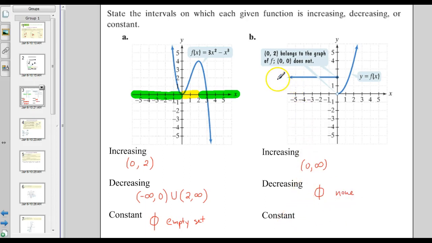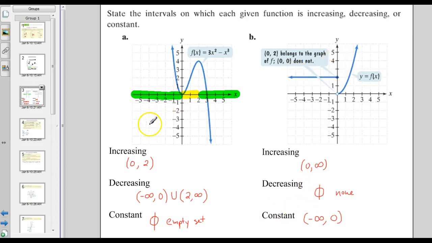Again, this arrow keeps going back to the left. So the place where the constant interval starts is negative infinity. And where does it end? It ends at 0. Now this closed dot means that point is included, but it's not included in the constant, increasing or decreasing interval